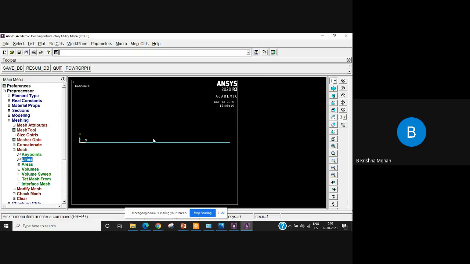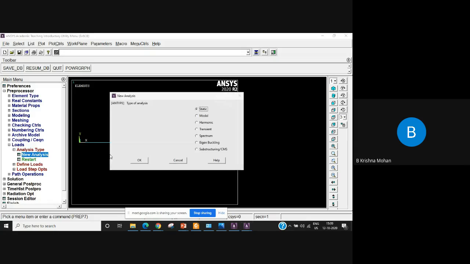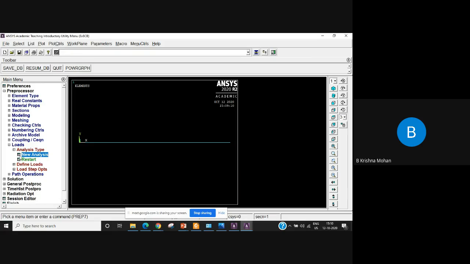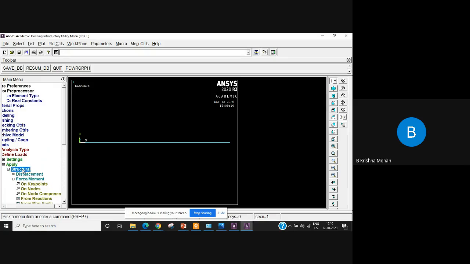So now I want to apply boundary conditions. So you need to fix these 2 points now. So I'll go for loads. Let's create the load step. Sorry, analysis type, static. Click OK. Apply loads. Let's select loads option. Okay. So here I'm going for apply option under structural,